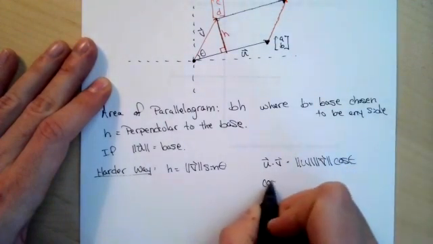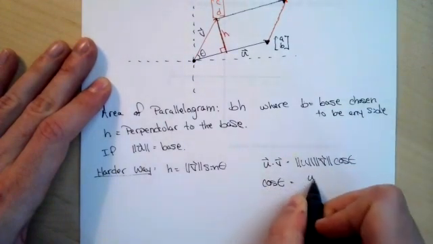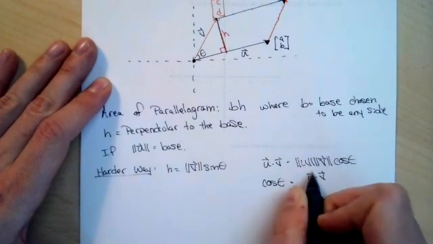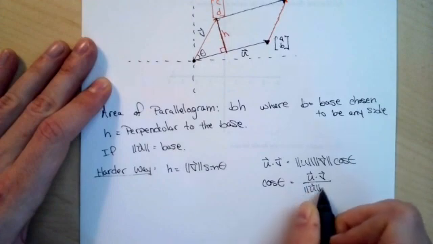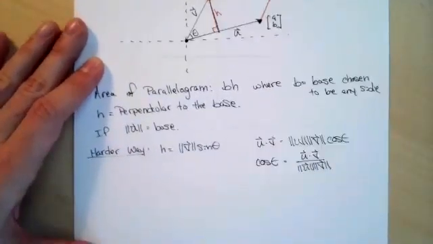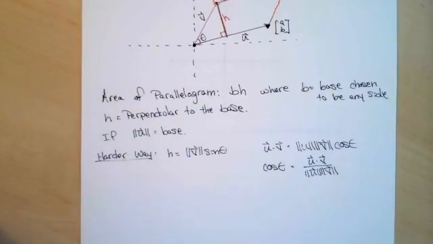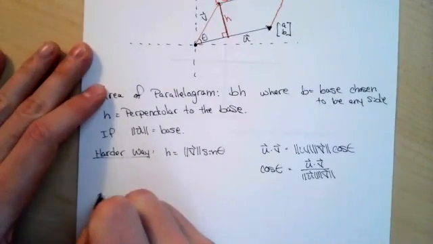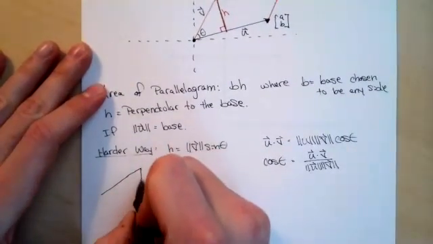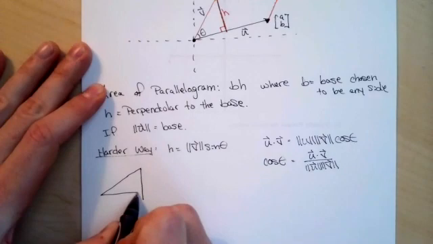Meaning we can find cosine of theta is u dot v over norm u times norm v. Well, what does that mean? That means theta is going to have trig ratios